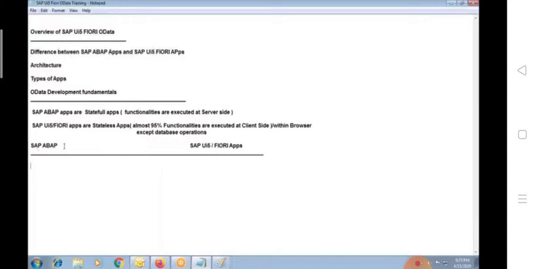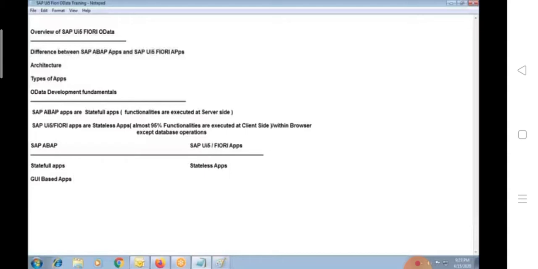So in case of normal ABAP applications, as I told you, these are stateful and these are stateless. But not only that, ABAP applications are technically considered as GUI-based applications, or I can say GUI-based screens like VA01, MM01, VA02, all those standard transaction codes.